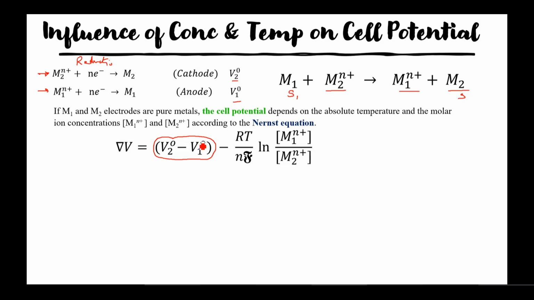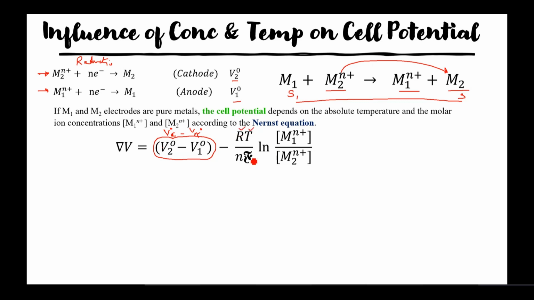सर, कैथोड माइनस एनोड होता है. तो इस इक्वेशन में कैथोड कौन सा है? M2 सर. जी बिल्कुल. So V2 minus V1, V cathode standard minus V anode standard. अच्छा,